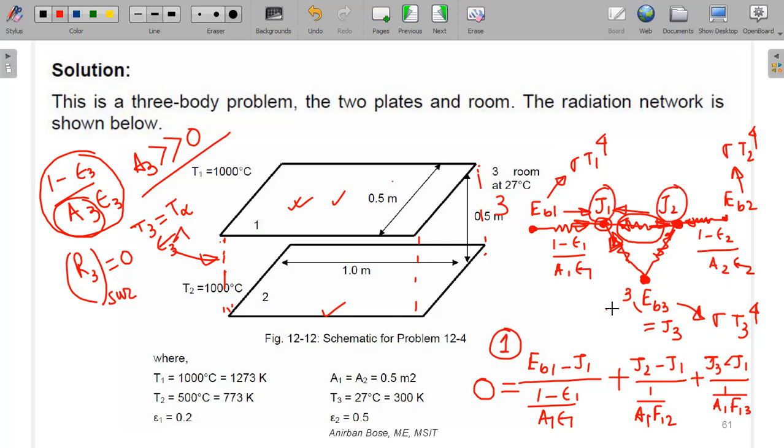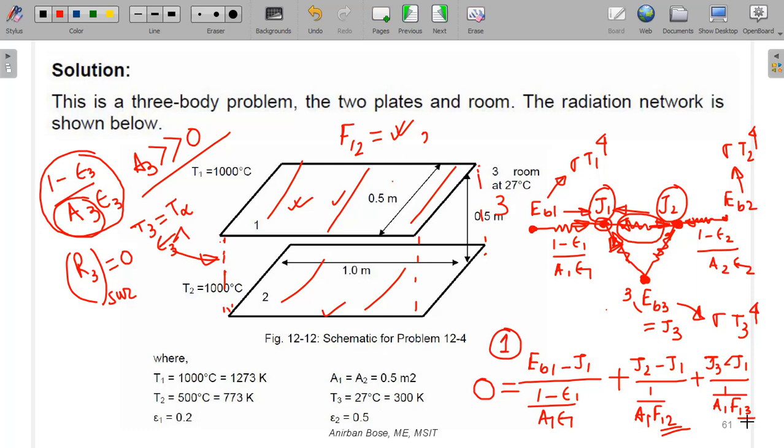For that you need the view factors, and by this time you know how to calculate view factors. For the parallel plates, if you know all the dimensions and the distance between them, with the help of charts you can find F12. So first from the chart you find F12. Once F12 is known, then